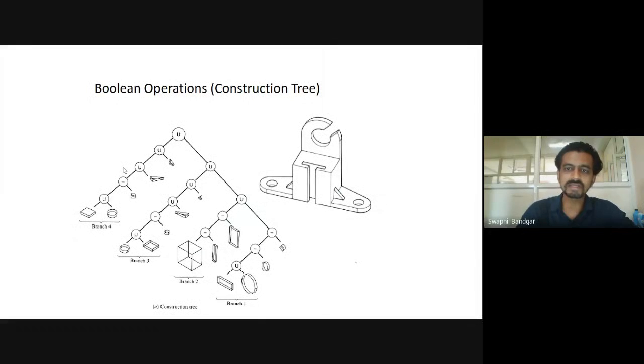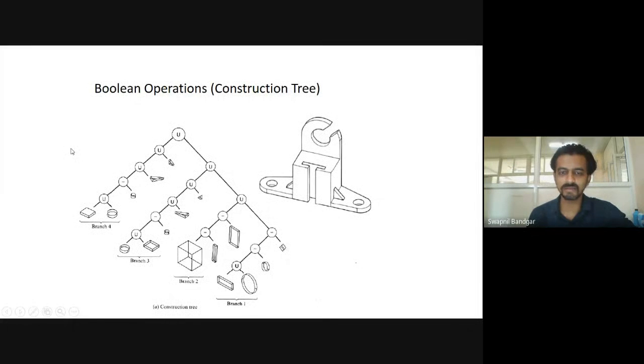The next example is a little complicated example. You can see the complexity behind the constructive solid geometry operations. If you have to make a simple part with CSG, then all these operations are made at the back end of the software, and this particular product will be saved as this construction tree.